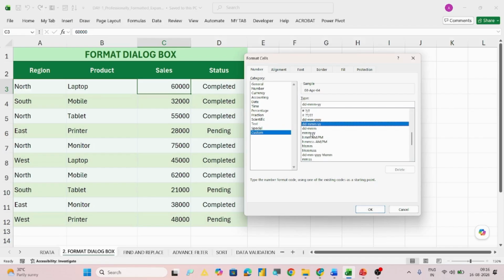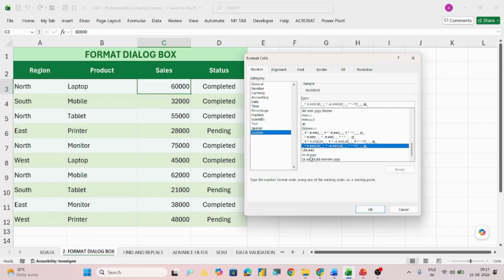So similarly, there are formats for time also. There is a format for date and time both. And similarly, if you go down, you see there are so many other formats also which from time to time you will be using. You can just change according to your need or according to the way you want to represent the information, so that the information appears in a properly formatted way. So this is what the number tab of Format Cells is.